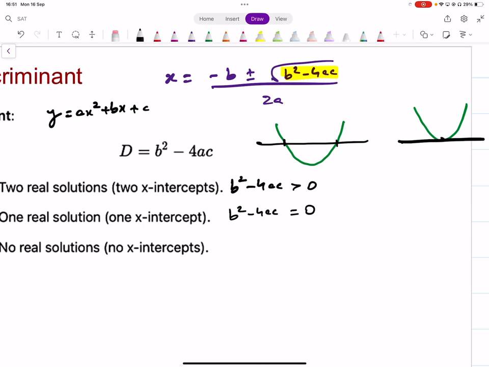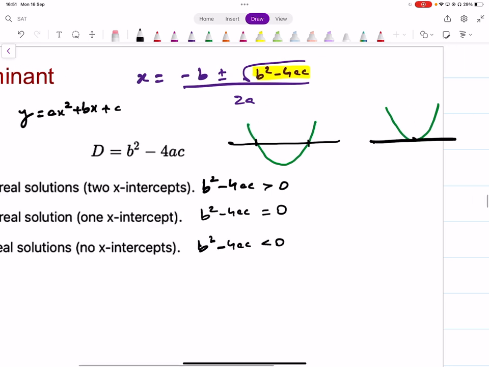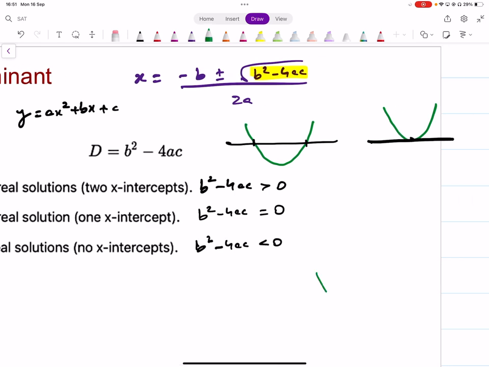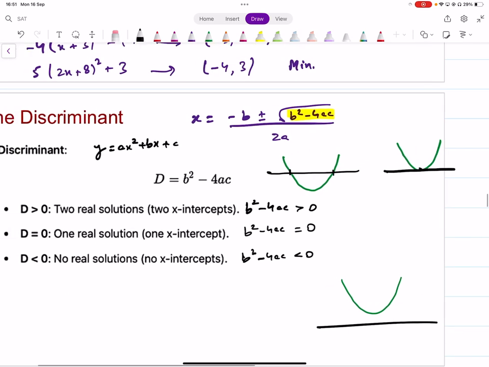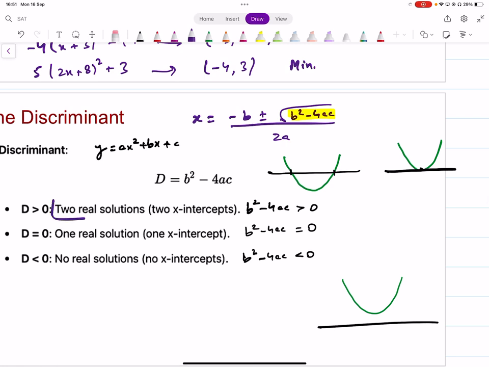It's just touching the x-axis like this. And then the last case is where b square minus 4ac is less than 0. That is when the curve does not intersect the line. Is that okay? So whenever b square minus 4ac is greater than 0, you get 2 real solutions, 2 different